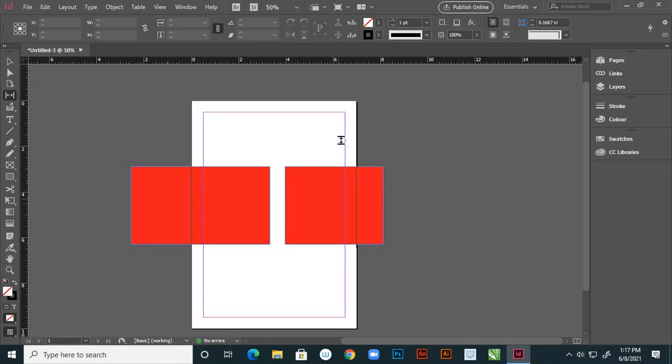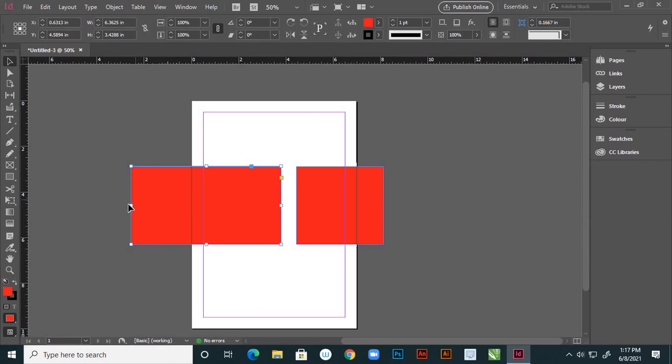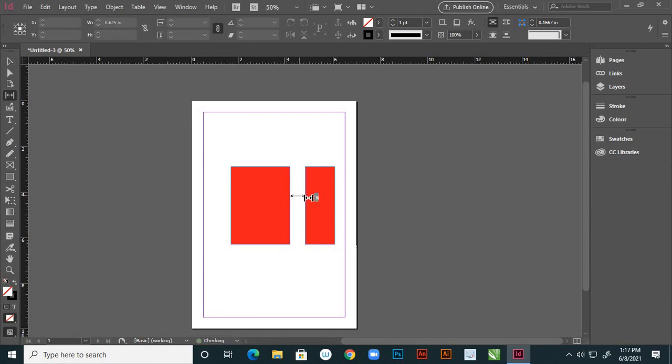You extend outside the page, and now the gap tool is not working, right? It works on the page only. Suppose see here, it is not working. Suppose you decrease this size, and now use this gap tool, and now increase and decrease this.